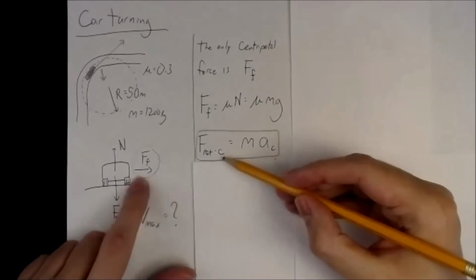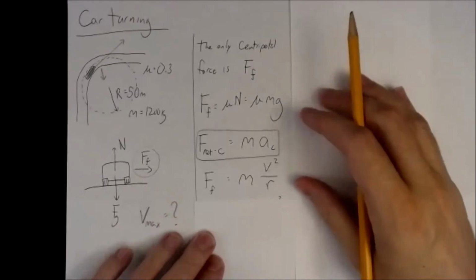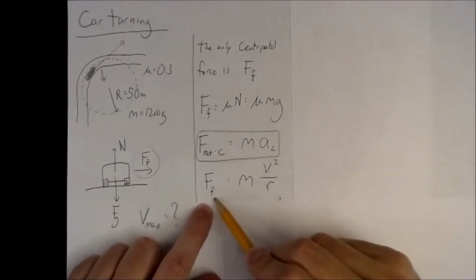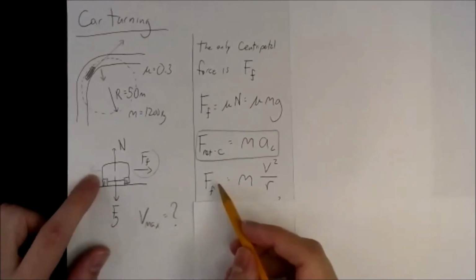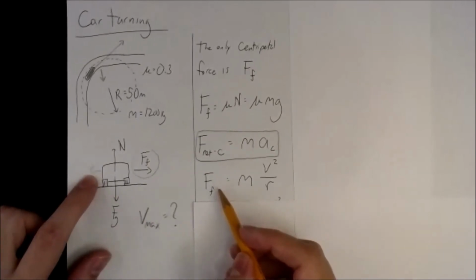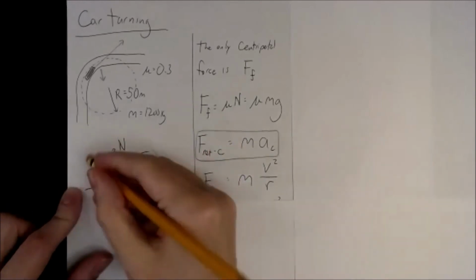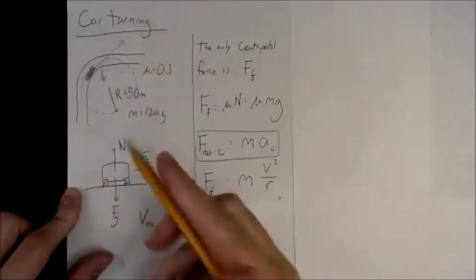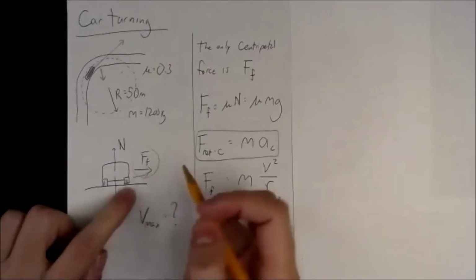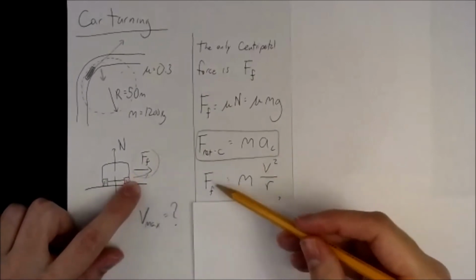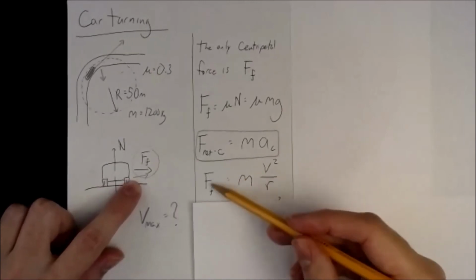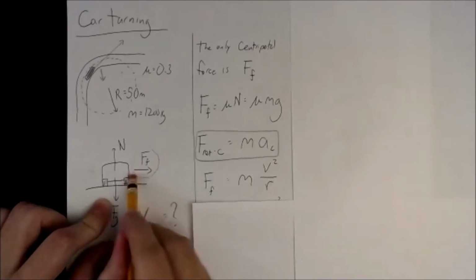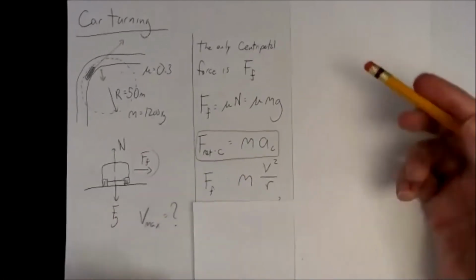The only force that points inward is the force of friction. So the force of friction is the net centripetal force. If we had another force going out, then we'd have to have minus whatever that thing was because it's going the opposite direction. But we don't, so we don't have to include that. Maybe we've got a little rocket engine on our car that's pushing us inward somehow. Then we'd have plus some additional force in there on top of the force of friction, but we don't. So we've just got force of friction pointing inward.